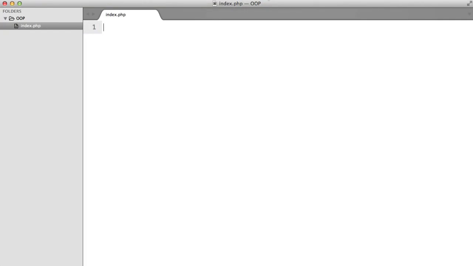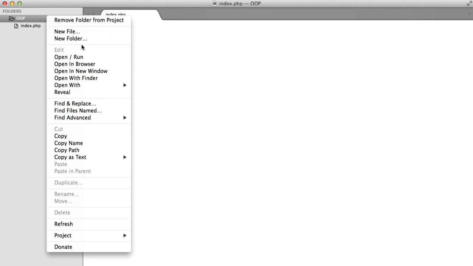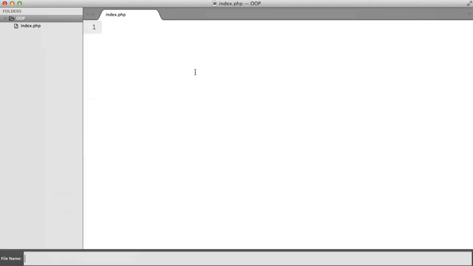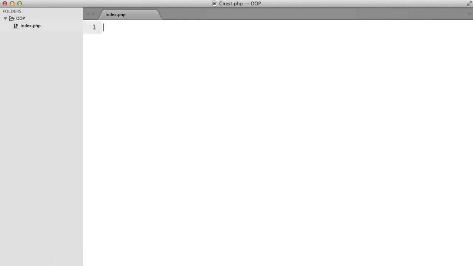So now we know what a class is and what methods and properties are, as well as what inheritance is. We basically know OOP by now, but we don't yet know how to utilize it to its full potential. So in this lesson we're going to be covering dependency injection, and the easiest way to explain this to you is by demonstration. So I'm going to create two files, chest